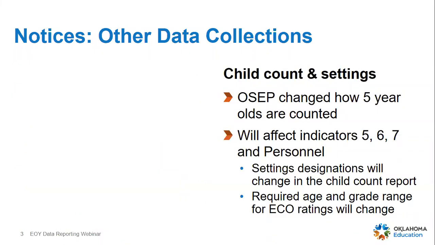Next, child count and settings. So this will affect you somewhat. Okay, OSEP changed how 5-year-olds are counted. Now they are either counted in the 3 to 5-year-old group or the 6 to 21-year-old group, depending on which grade they are in. This will affect indicators 5, 6, and 7 and personnel. So we want to make sure that you know that and understand what you'll be seeing in your reports. It will also change what you have to report for ECO ratings and reported with the early childhood group, the 3 to 5-year-olds. To 21, and that requires an